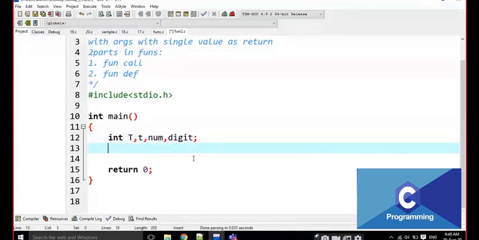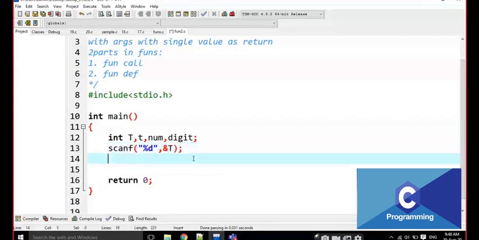Now for the test cases, I am going to write here, for example, %d. For the same thing I am writing: for t equal to 0, t less than or equal to t, t plus plus.